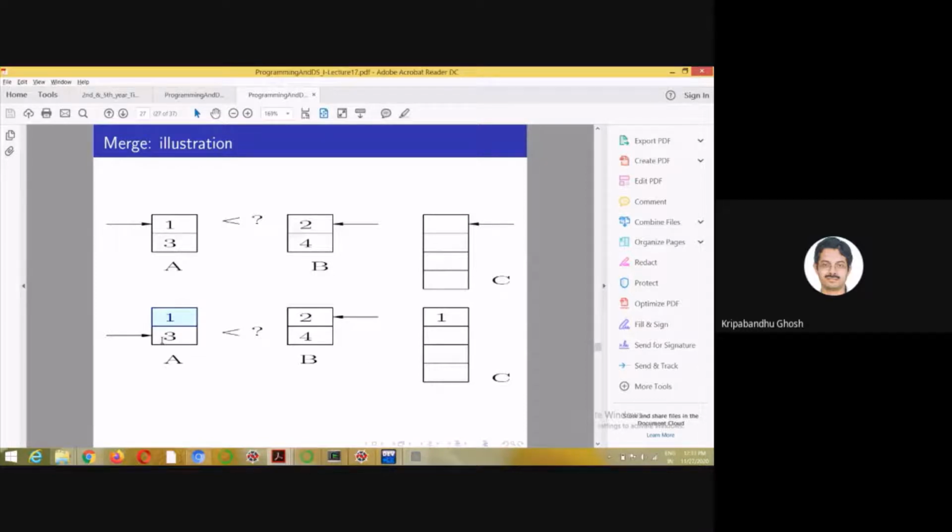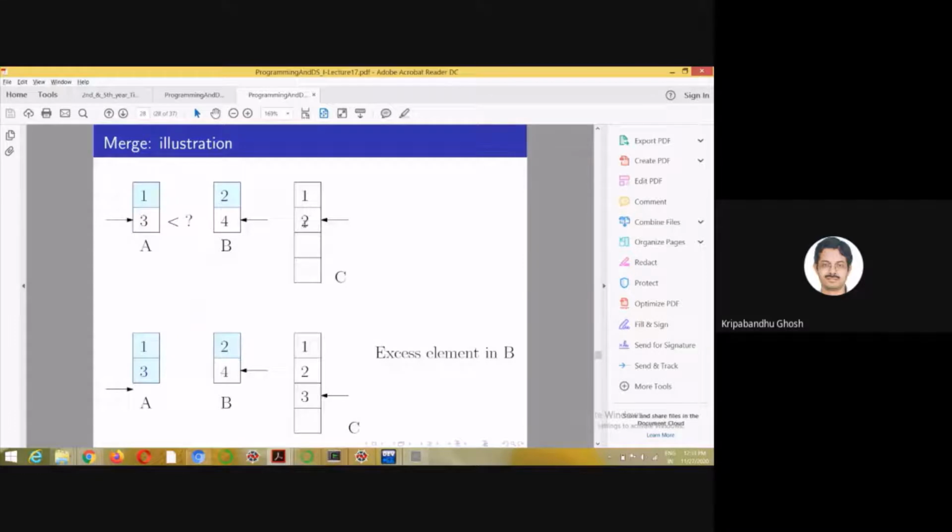Then we compare 3 with 2, because 2 was the bigger of these two. Since 2 is smaller, you put 2 here, and you increment the index here. Then you compare 3 with 4, and you put 3 here because 3 is smaller. Now see that this array has ended.